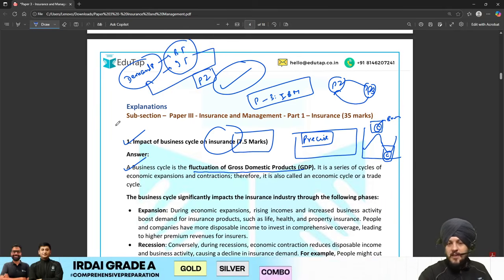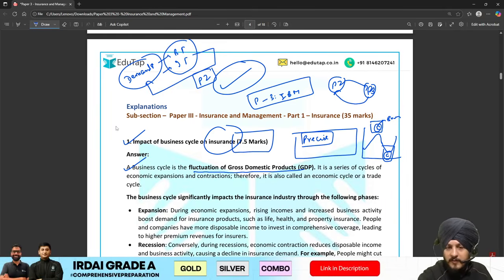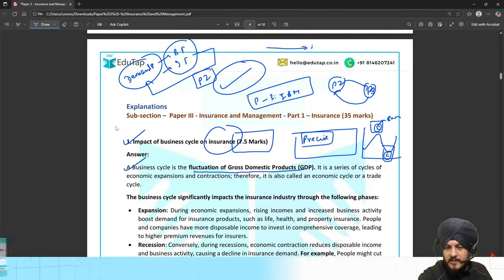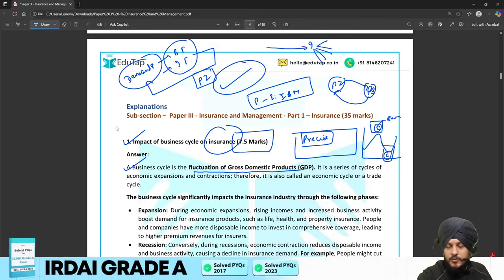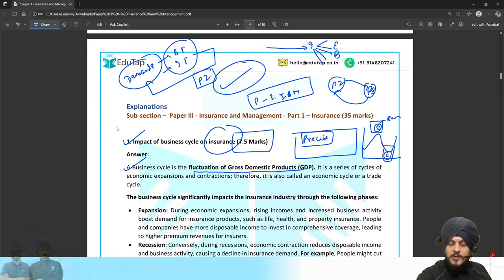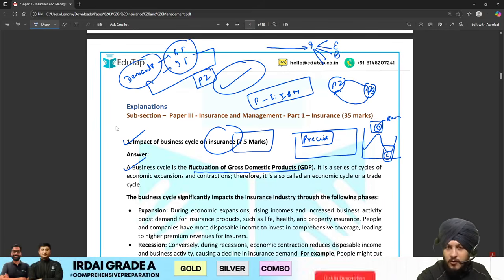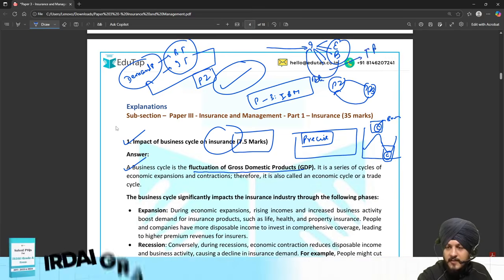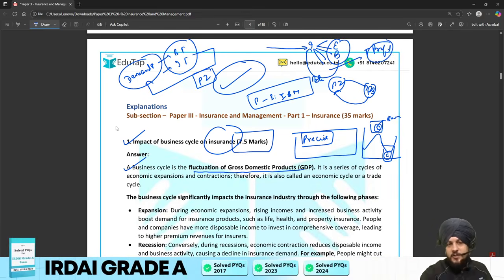Apart from that, since the economy is performing well, we know that whatever money the insurers collect from the policy holders, they invest it in different types of assets, right? So that they can generate profit through that premium. They are going to invest it in equity, in bonds, different types of instruments. But since the economy is performing very well, whatever money they have invested, they are going to get good returns, which will increase the profitability of these insurance companies, right?